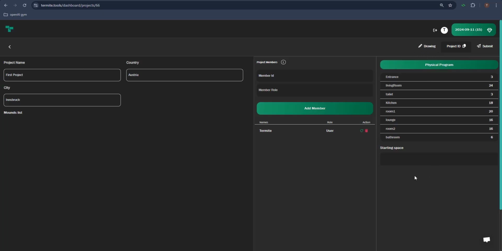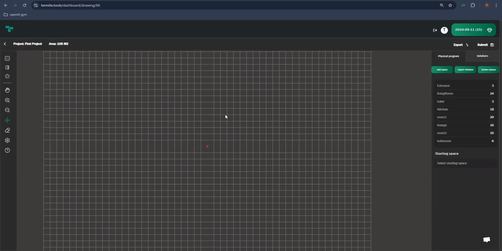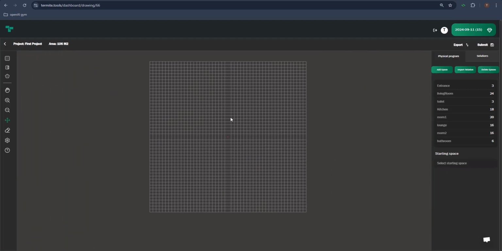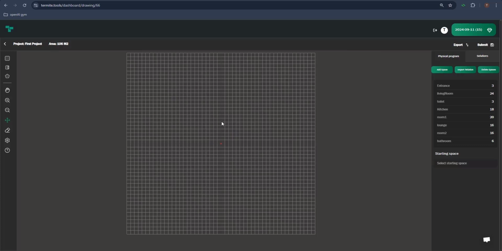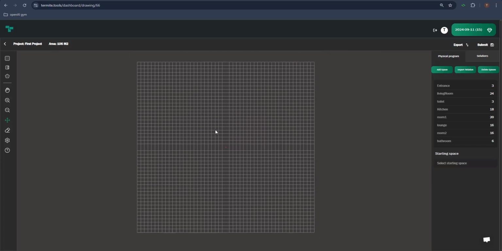After the creation of the project, this toolbar will be available. So now I can press this drawing tab, and here is the drawing canvas to start the generation of the layout for this project. Okay, so now inside this drawing canvas, we have the shortcut to the profile and layout,